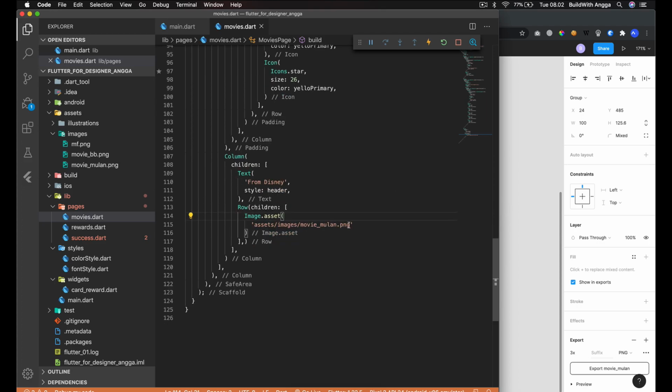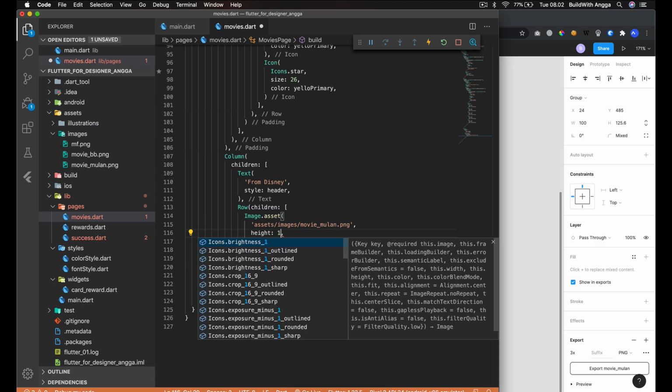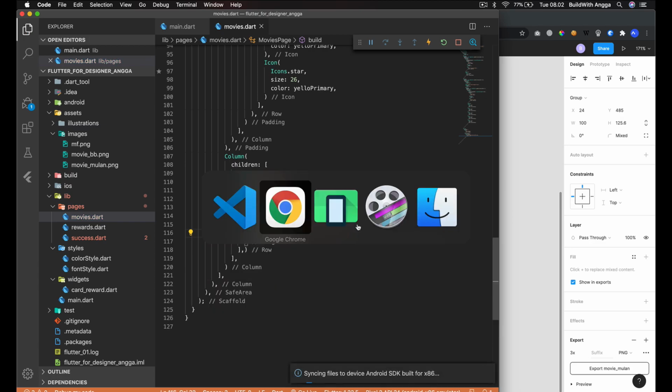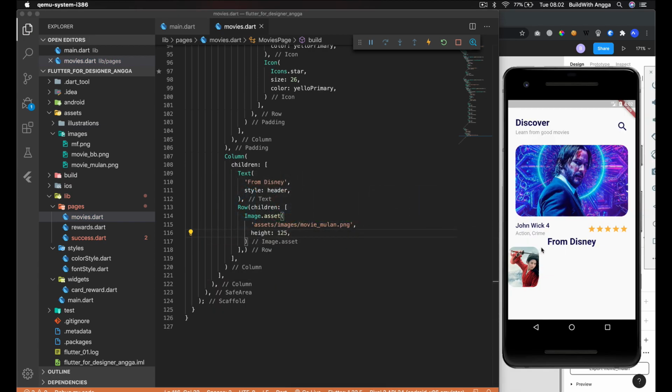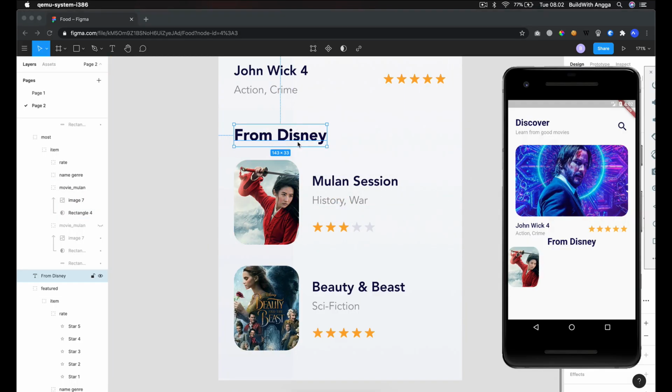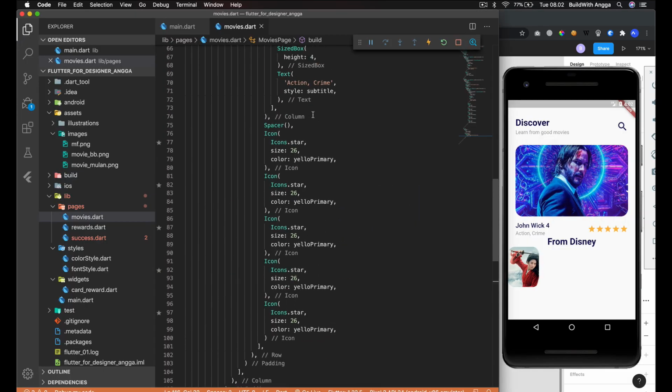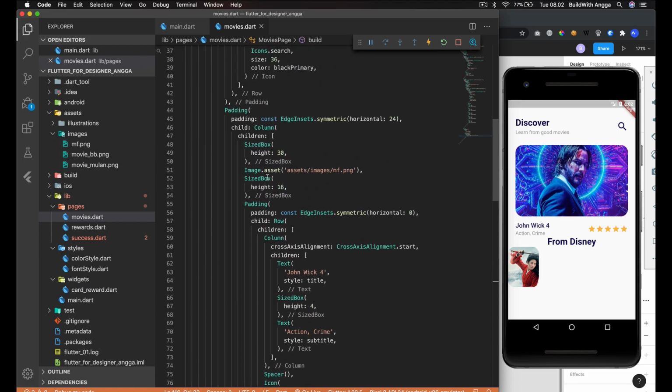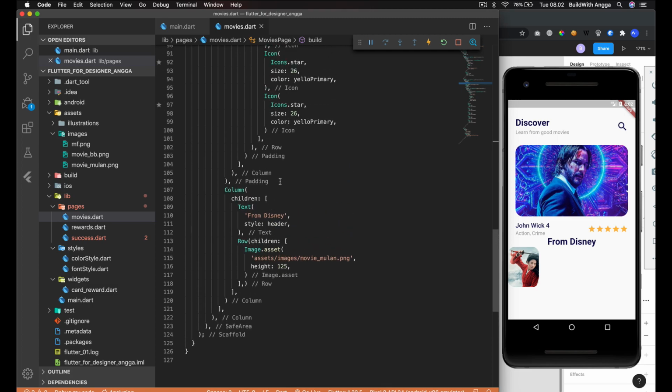Okay, so in this image just put height 125. Okay, like this, right? And then we need the margin top about 30, I guess. So just give the margin 30. We put right here.